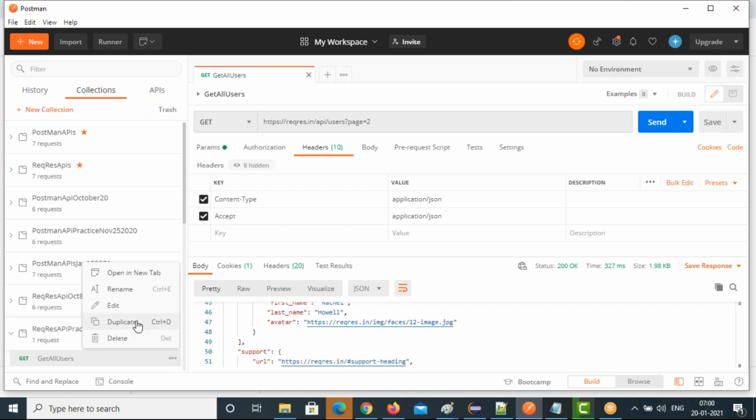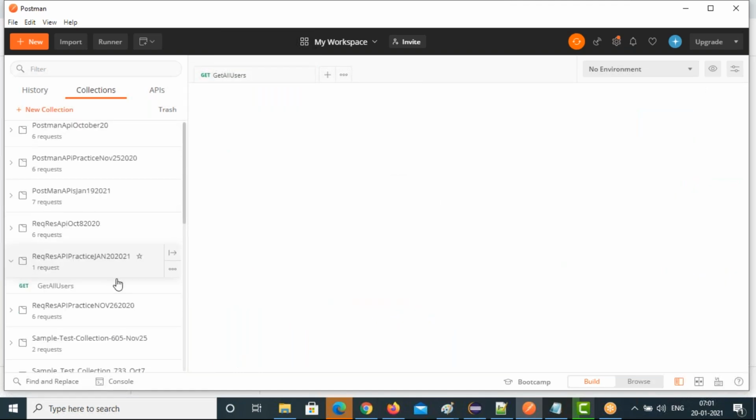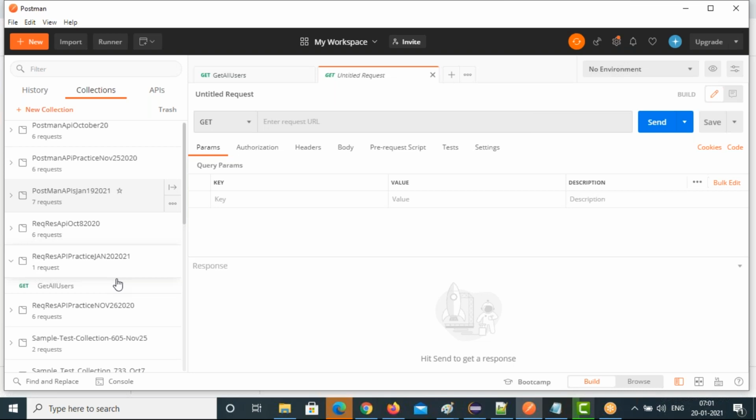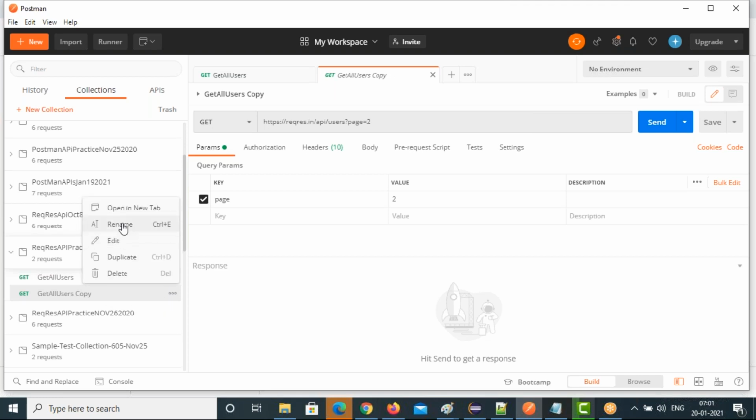You can delete, you can duplicate, you can edit, whatever you want, you can do. Duplicate it. The second one we are creating is get single user. So rename it. Get single user.